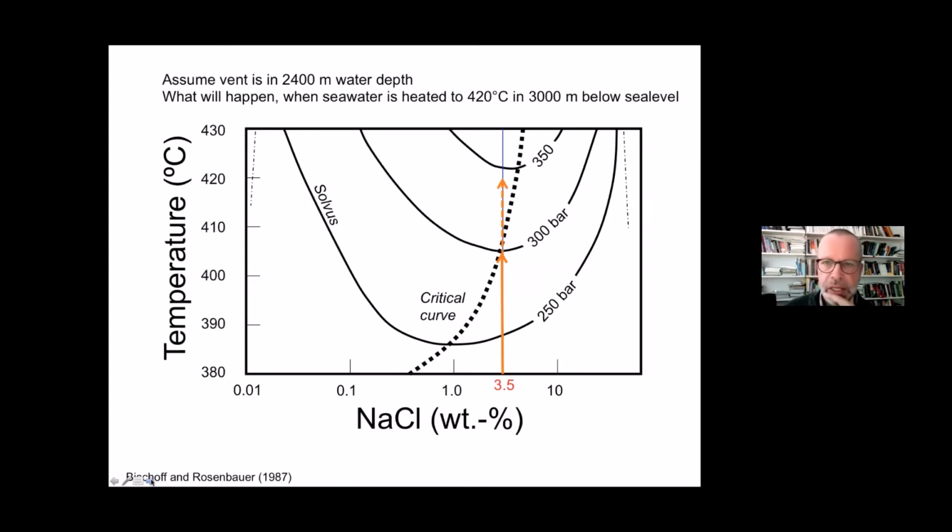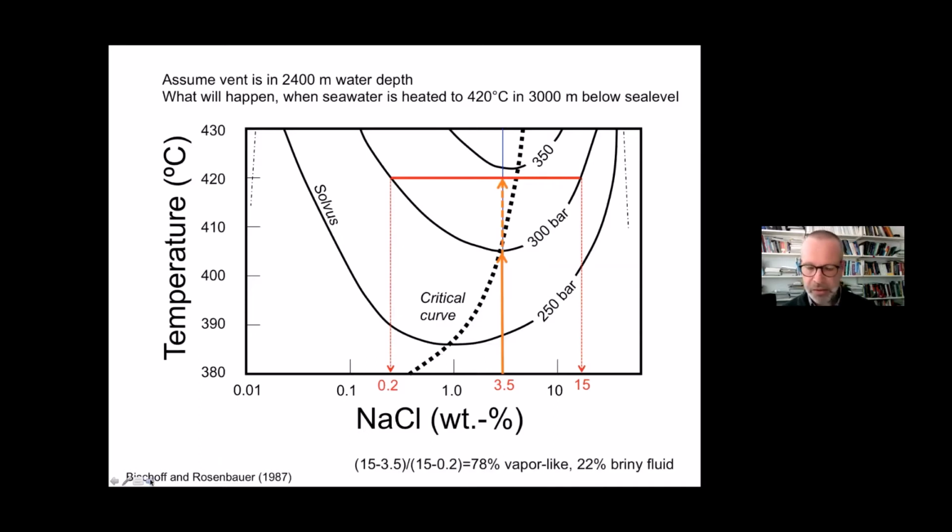And if you keep heating, and in the example I'm heating it to 420 degrees C, you see that now a single phase is no longer stable. In fact, you get phase separation and make two phases. One has a lot of salt and one has very little salt. You can just read the salt contents off the x-axis here, and then you can use the lever rule to calculate how much